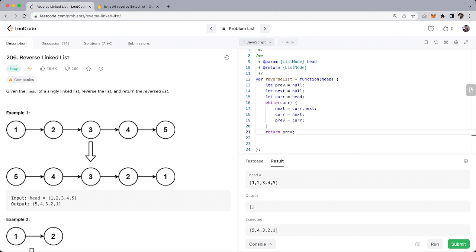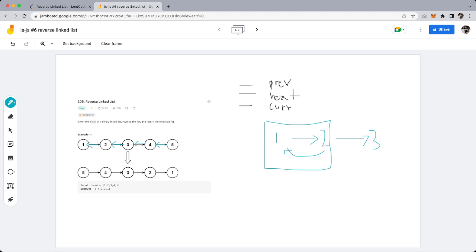So let's take a look at this example again. So current is set to 1. Now current needs to be set to 2 because 2 needs to point back to the previous. So actually